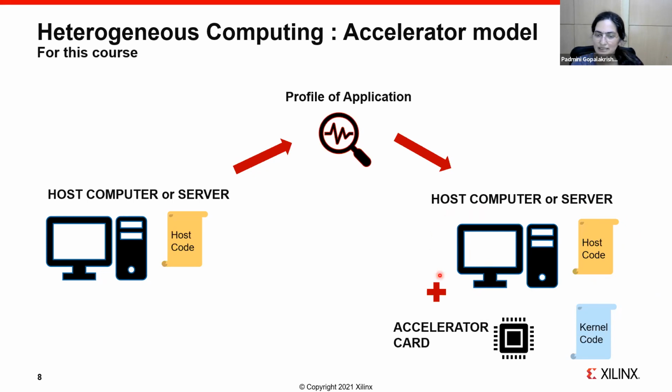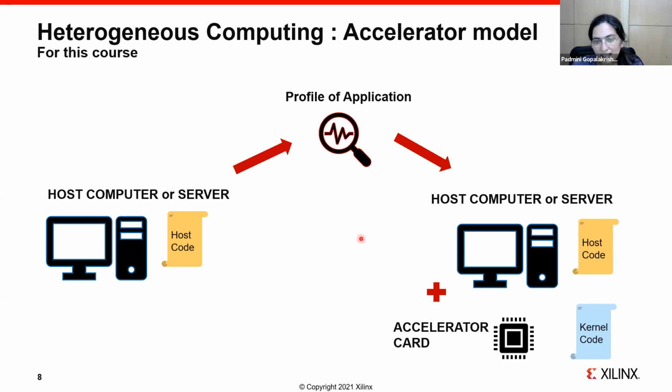And the basis of convolution really is matrix multiplication. Okay, so I may decide that matrix multiplication is an operation that I'm doing very frequently, right? And so when I profile my application, I say, all right, so matrix multiplication is my bottleneck here. So if I can do matrix multiplication faster, then I can handle more image object classifications per second. Okay, which means, if this is a camera mounted on a traffic light, then I can recognize more number plates per second maybe, or recognize more traffic violations per second, right?